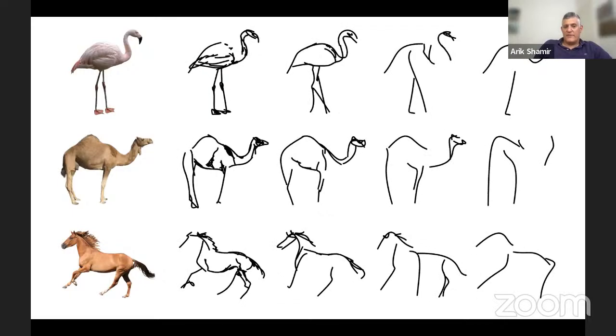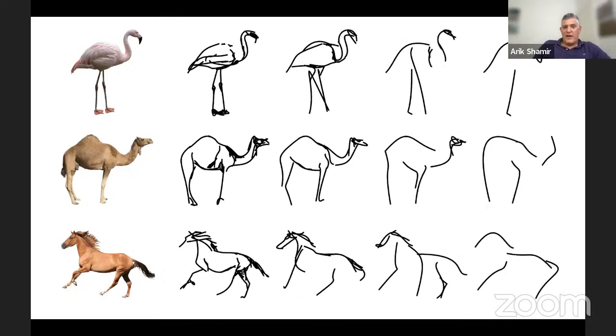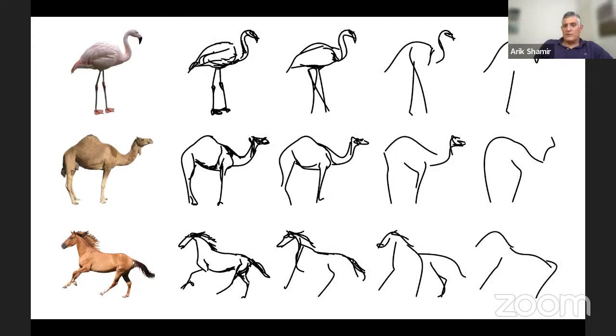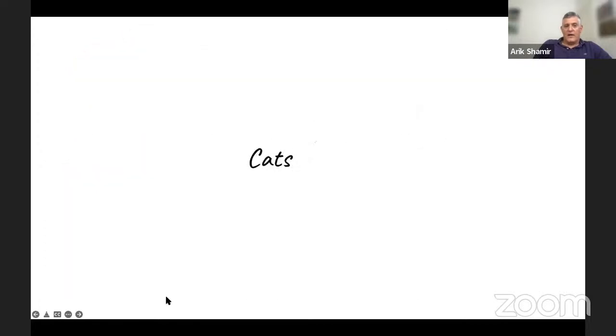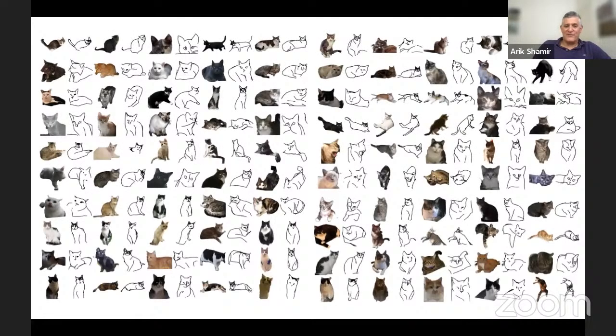You start with a specific number of strokes, and this allows you to create various different abstract representations of a specific object. We also tried it in the wild, so everyone likes cats. Here's an example of 100 random cats taken from the internet with their representation using our method.